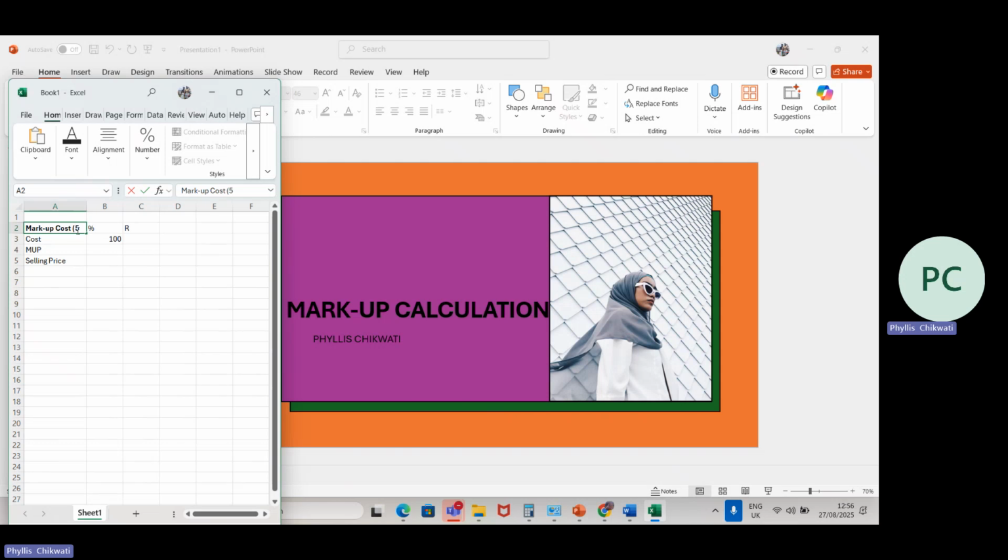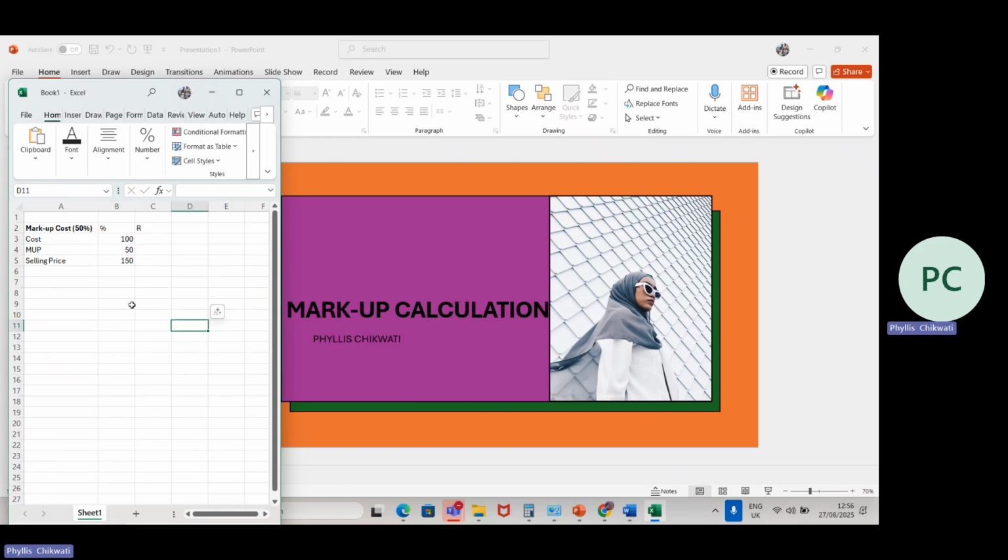Let's just write that 50% right here so that we can see. So our markup is 50% on cost. If your markup is 50%, then for us to get our selling price, that's your cost plus your profit portion in order for you to sell it at profit. So it's going to be